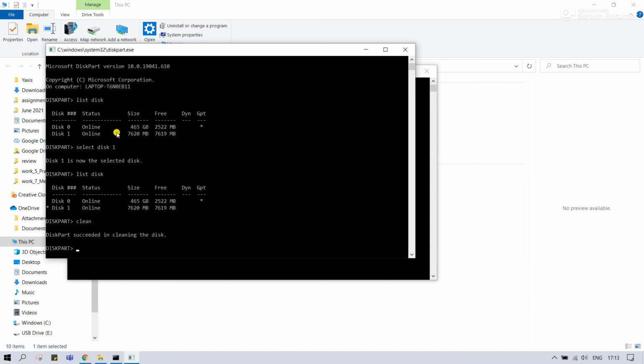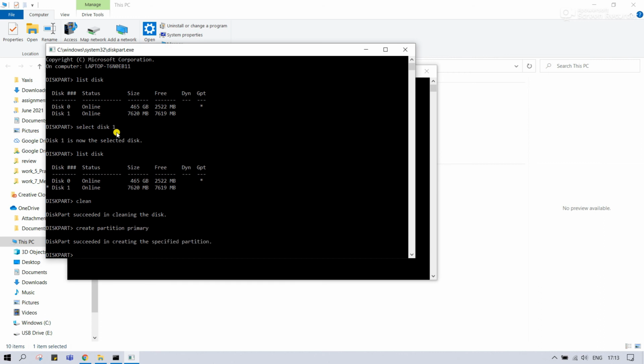Then you need to create a partition, primary, and you need to activate that.